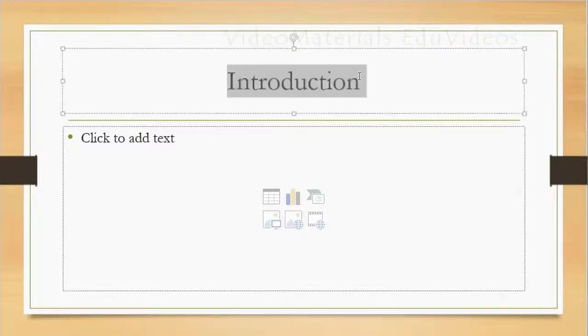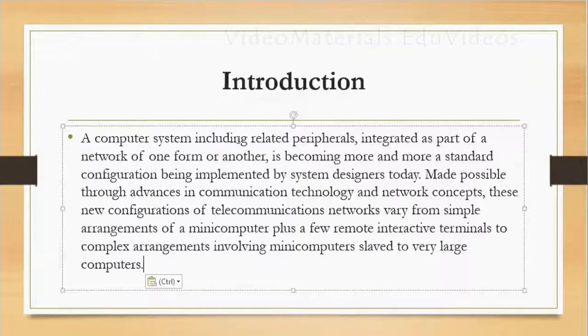Here I'm going to make it bold by pressing Ctrl B. By default, the Garamond font with size 44 points is available. So I have made the title of the introduction bold, and we can paste the text, and we can keep points here. So it is not like a paragraph. We should keep points in the introduction slide.